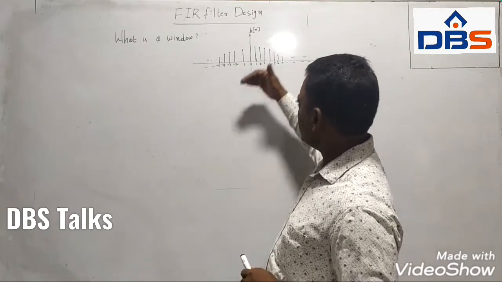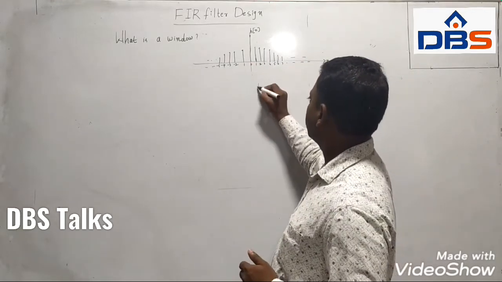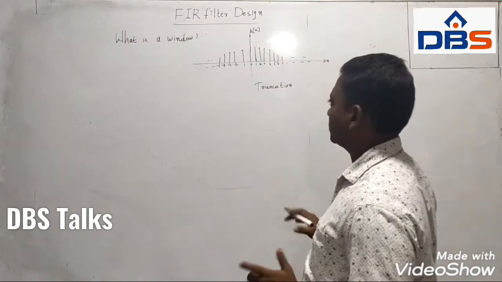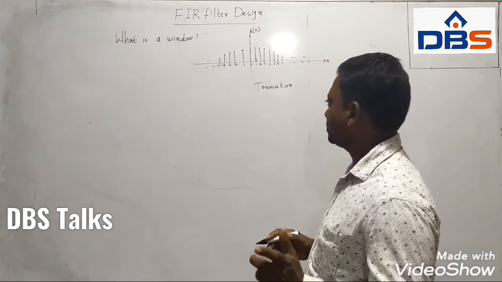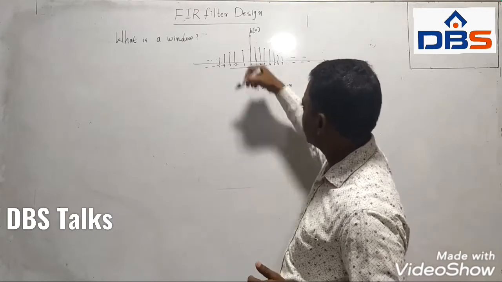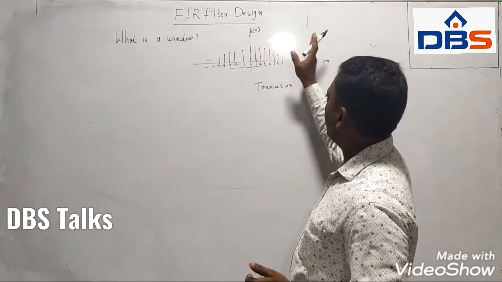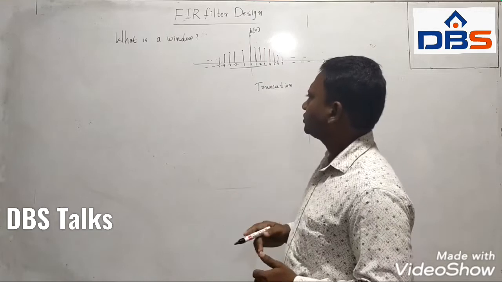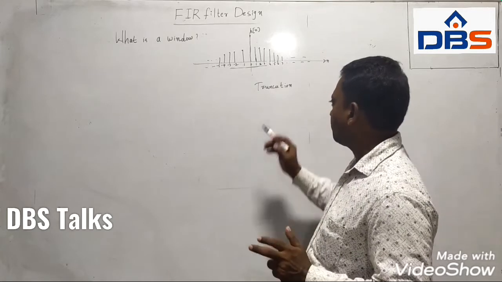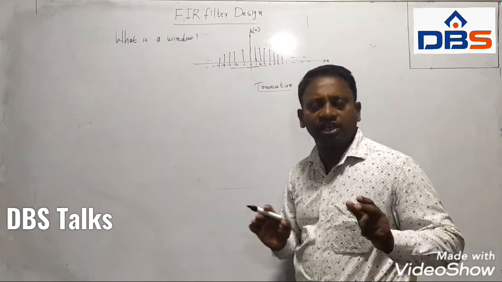Now if you want to design FIR filters, we have to cut this down. That cut down is called truncation. We have to truncate it up to some extent. Suppose I want a finite impulse response filter only from -3 to +3. Only in this range I need it. Then I have to truncate above +3 and below -3. I have to cut down all the samples, so the remaining samples are eliminated.